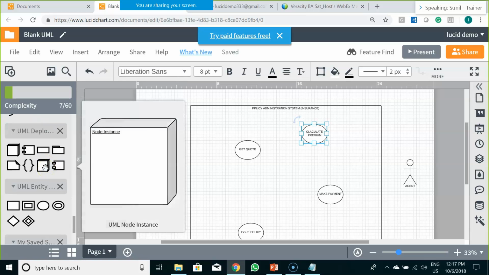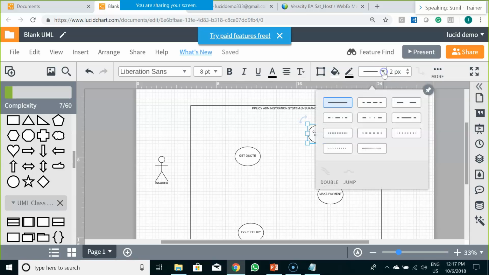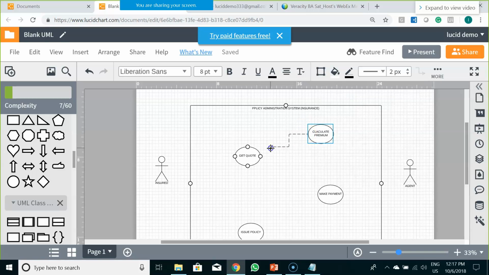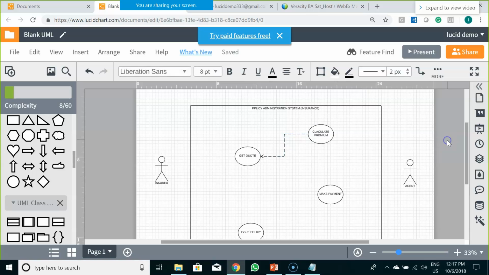Now, how do we relate get quotation with calculate premium? Can anyone tell me whether it would be an extend relationship or include relationship?